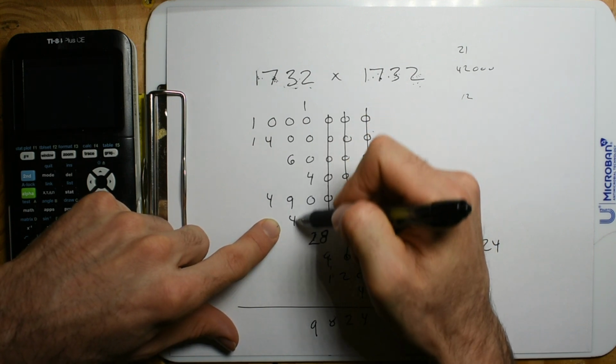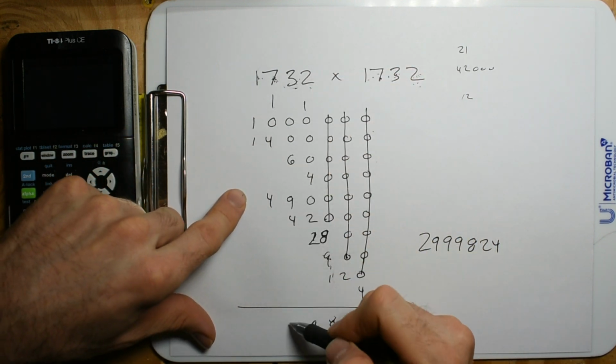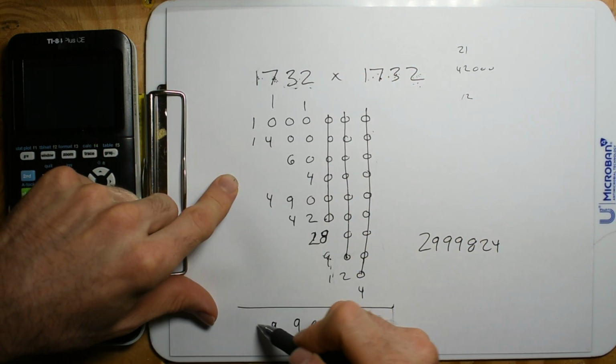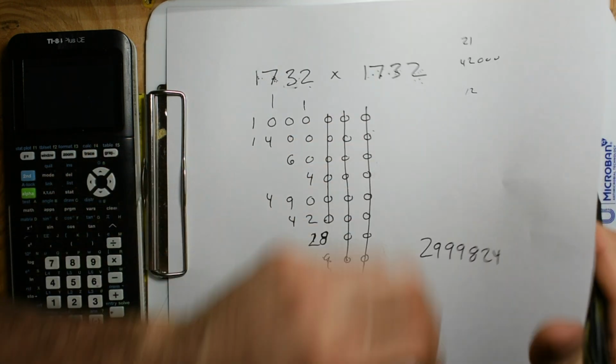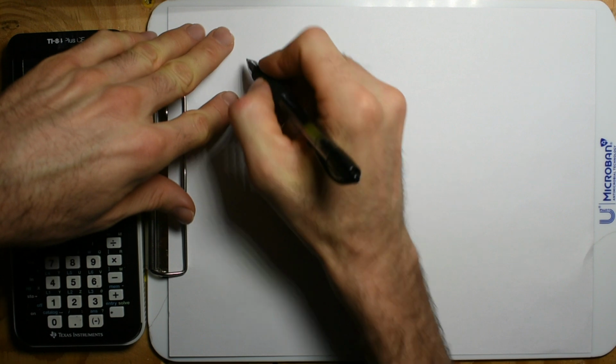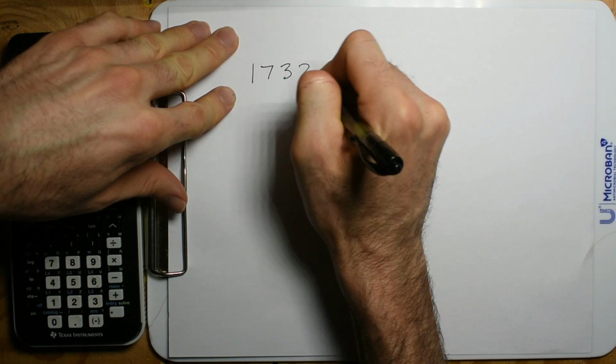9, 10, and 19, 9, and 2. Alright, sweet. So I'll do it one last time, and we'll just do it the slower way. 1732 times